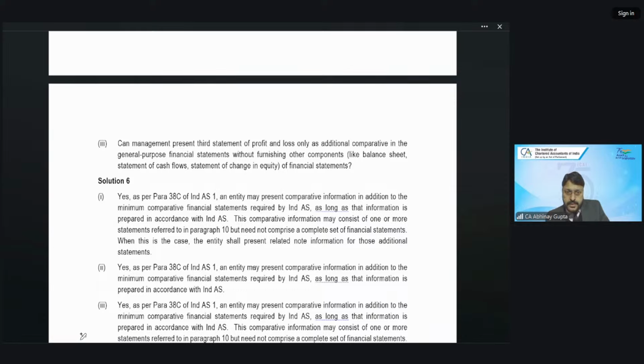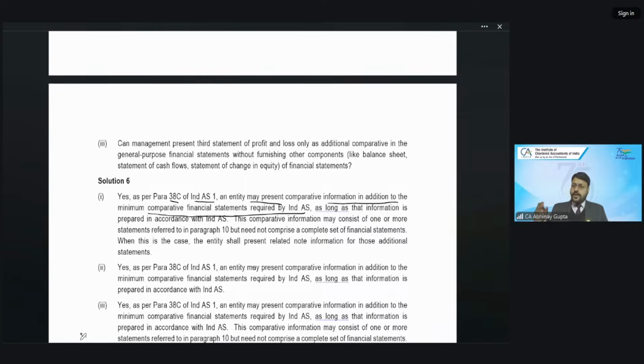As per para 38C of Ind AS 1, an entity may present comparative information in addition to the minimum comparative financial information required by the Ind AS. Right? So that is the minimum information: the current year and the one comparative year. But over and above, can I present something additional? Yes. Para 38C of Ind AS 1 allows